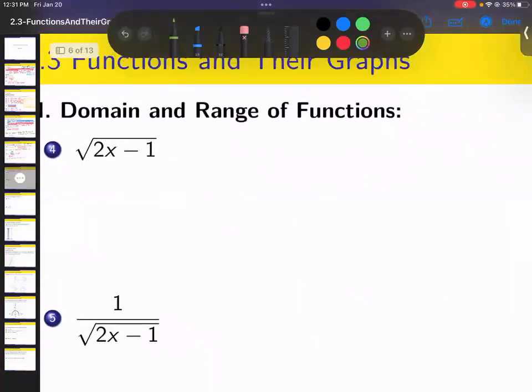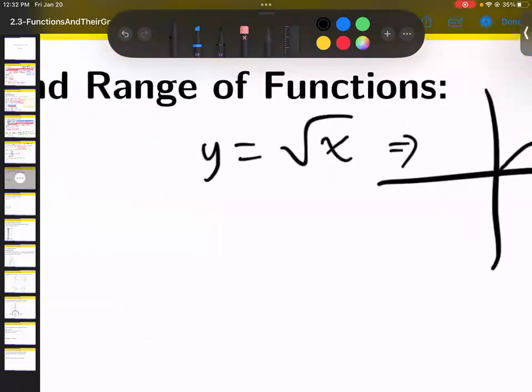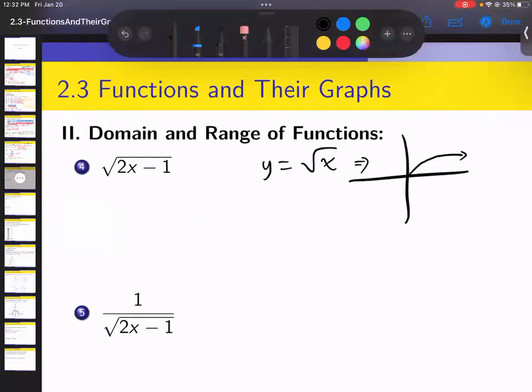Now what about even root? If I give you y equals square root of x, and I graph this, it looks like this. What is the domain of y equals square root of x? You start from 0, right? So that means whatever is under the root has to be at least 0. It cannot be negative. That would be an imaginary number, which we cannot see on the real graph. So for even roots, so even radicand, so this one,